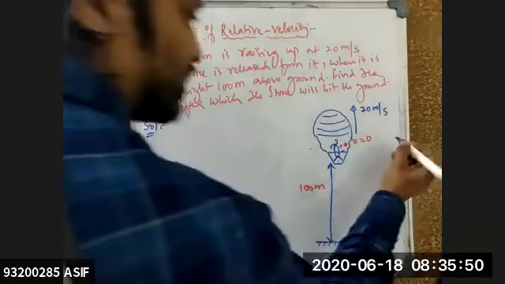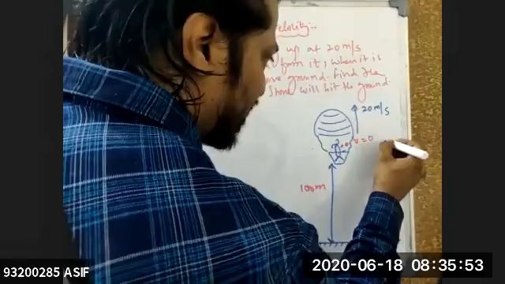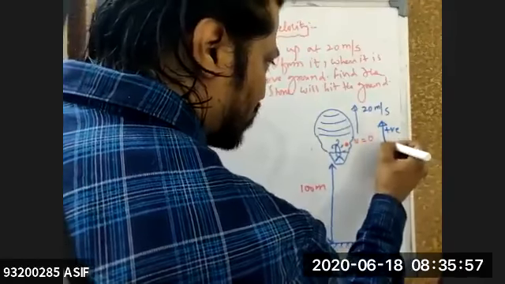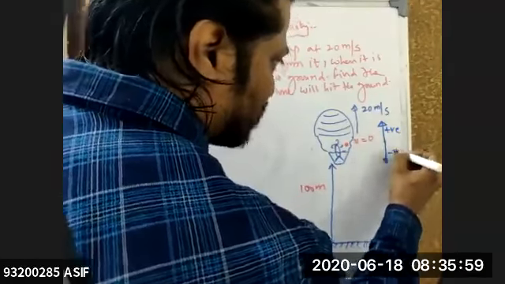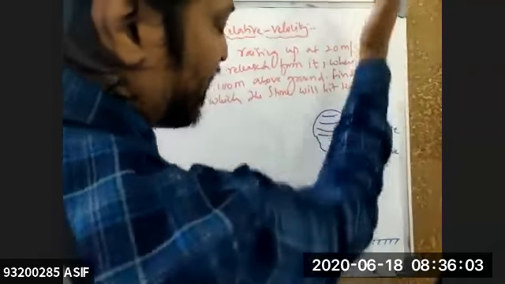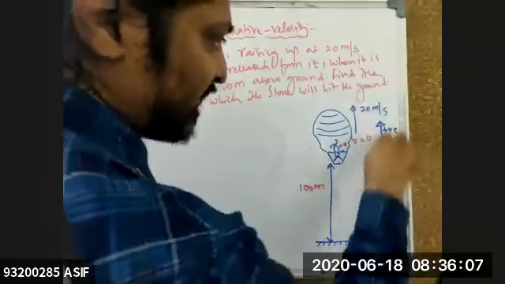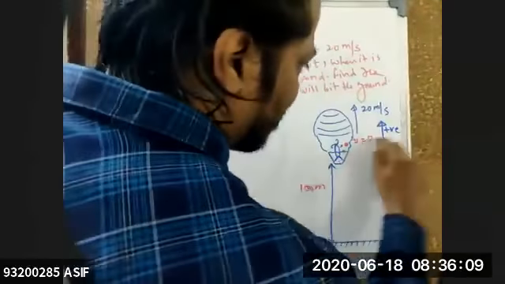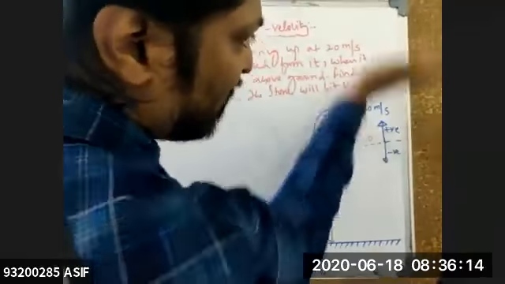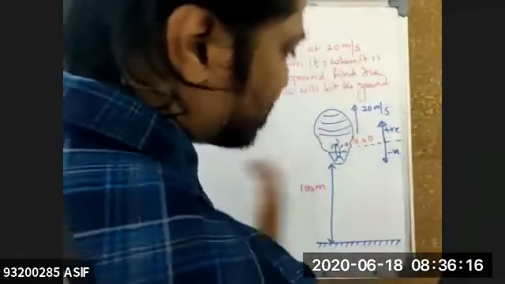Now see here, while doing this type of problem, the direction in which I'm going up, I'll take as positive. Downward direction, I'll take as negative. This logic is very important, beta. Whenever you're doing such a problem, the direction in which the balloon is moving, I'll assume every time as positive, and the opposite direction as negative, because this will become the reference point. Everything above the reference will be positive. Everything below the reference will be negative.